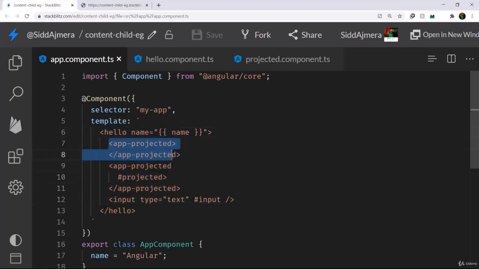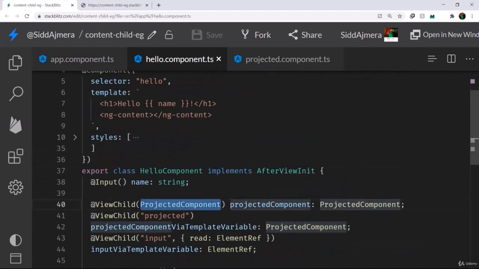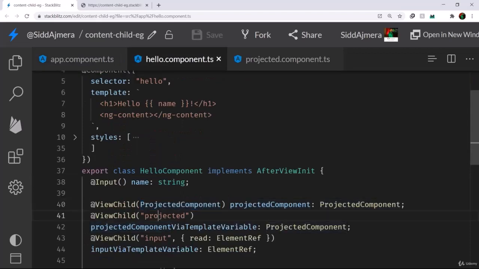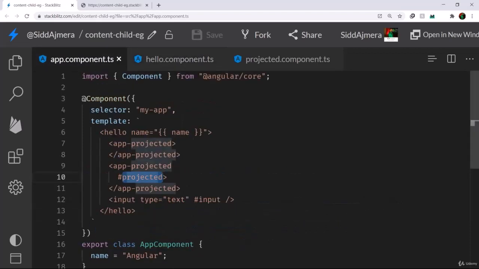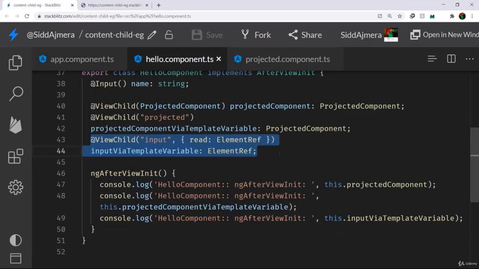The first one is just by using the projected content component type. The second one via the projected template variable name, which is this. And the third one as well via the input template variable name, which is this. So this is the problem that we are facing right now, that we are trying to access the projected content